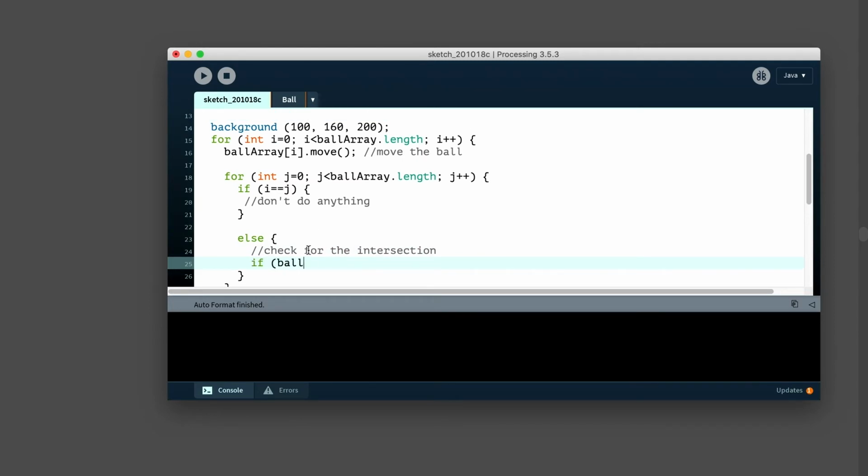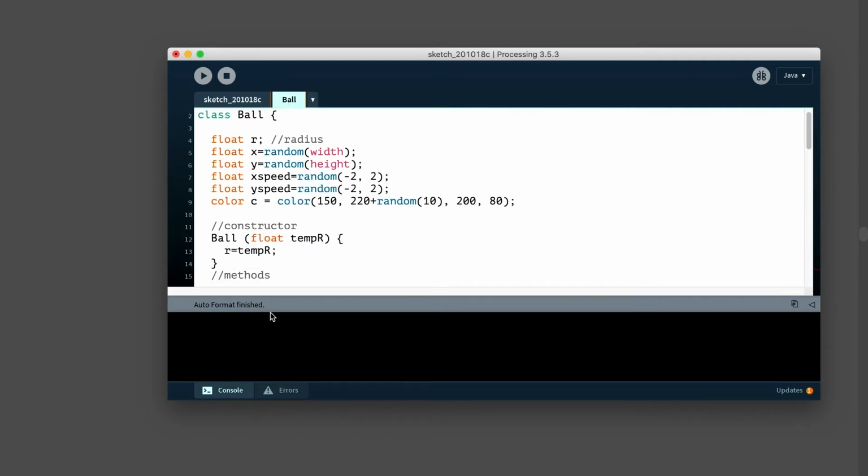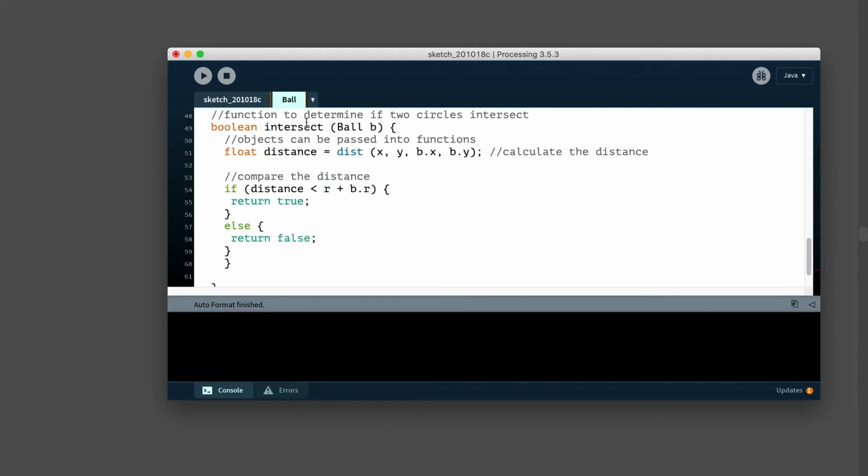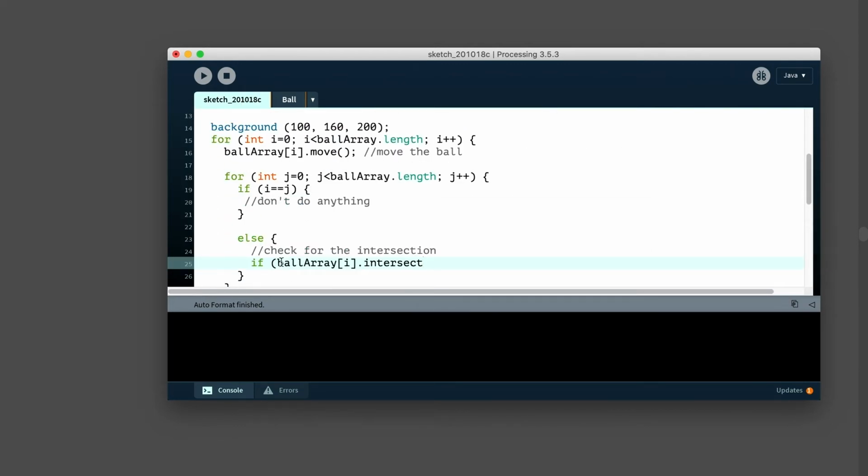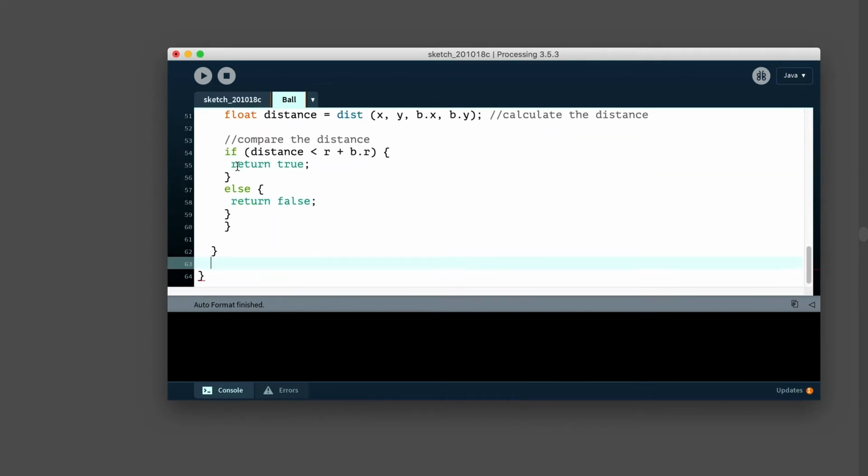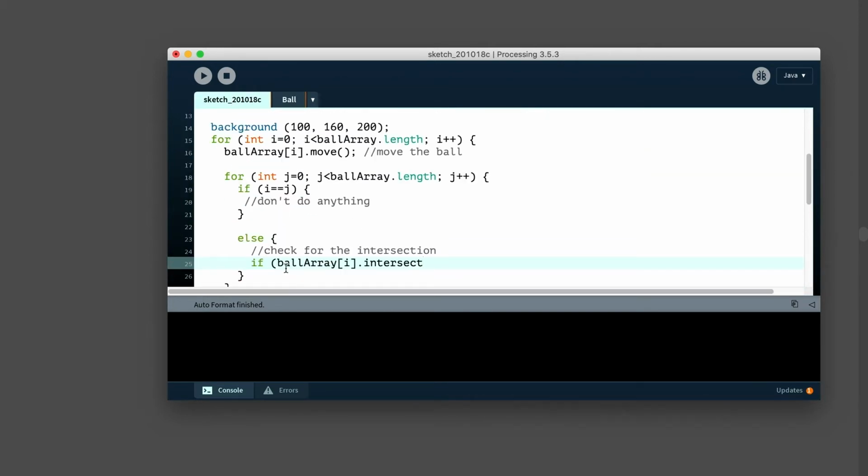So what we're going to do is run the intersection function that we wrote. Let's just verify that. The function was intersect. It's a Boolean, right? So when we run it, we're going to get a Boolean returned to us, either true or false. So you can imagine this saying if something is true, right?